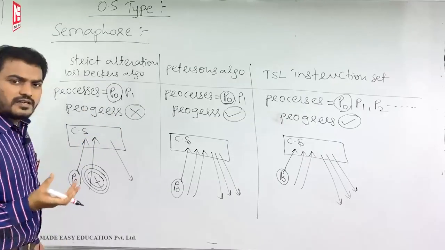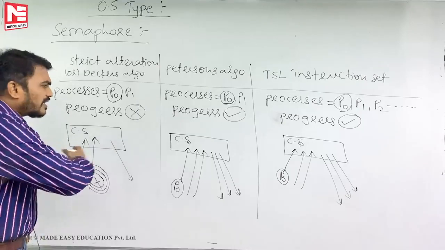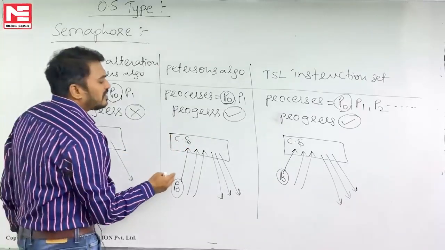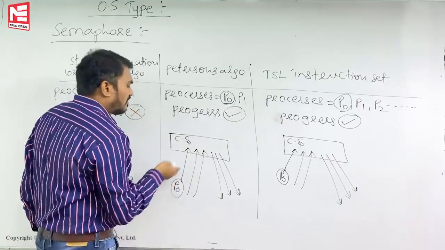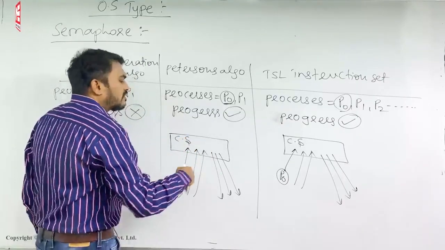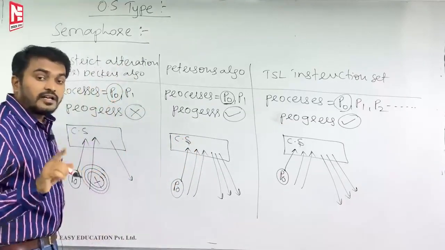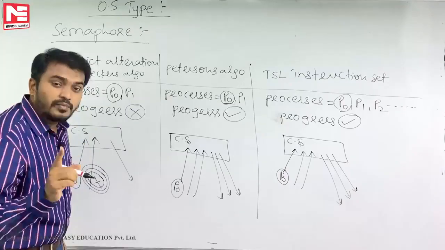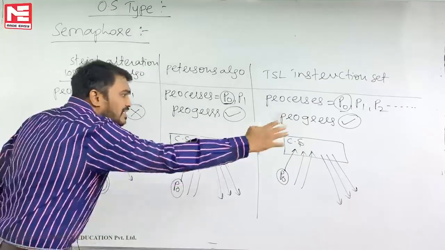Now, if a question asks you to check for progress, you can apply a simple technique. You simply take one process, bring it into the critical section and remove it. Bring it in and remove it. If it can come any number of times, then no problem, progress is satisfied. Remember, an important point: you can apply this technique